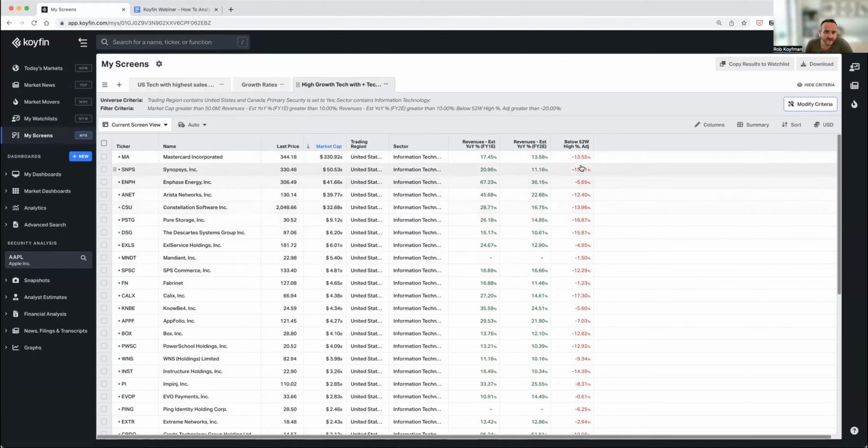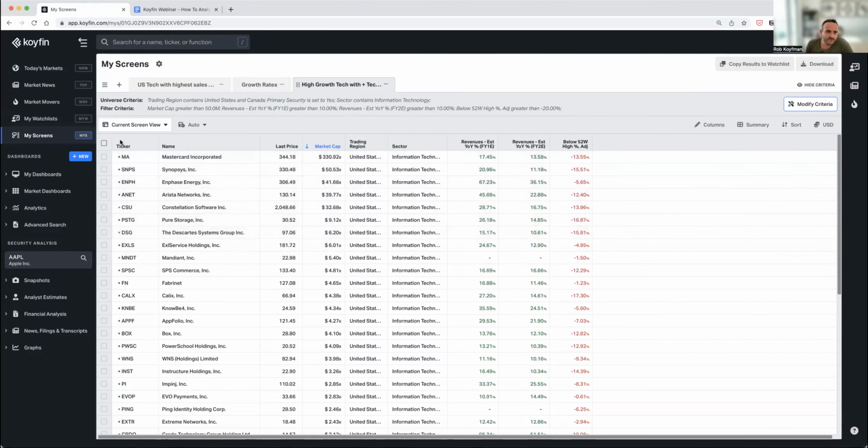It's not exactly live throughout the day, but these numbers are going to change. So let's say all of a sudden, MasterCard declares that they had a lot of money in FTX and the stock is down 40%. And I refresh this page. This is no longer going to be part of the screener because this stock is going to be way below 20% in terms of its drawdown. And so it would disappear from the screener. I would say that the screens here are a way to create a watch list based on some criteria. If you export it to a watch list, then it's fixed in time and it's not linked. So thank you for that question. I hope that's